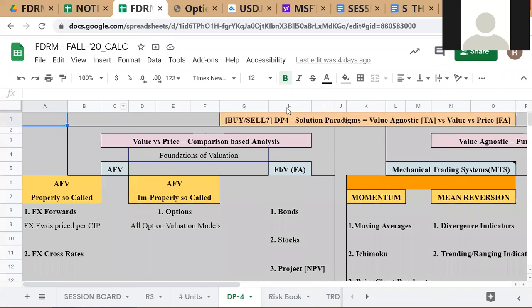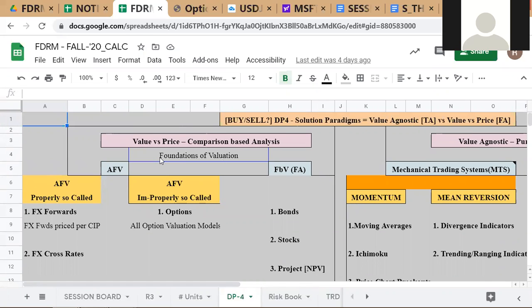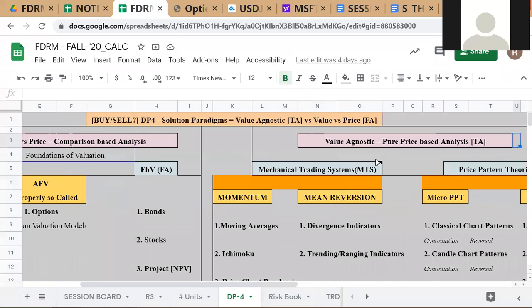So the important thing to understand is two things: one, you have discussions of value. In most of the finance textbooks you will find that a disproportionate amount of time is devoted to this question, and it's really devoted to the fair value models, and all of your fundamental analysis is over here. So there are two important things to understand. One is that it's happening in the context of this buy-sell decision, and the other important thing is that I think we had a brief discussion on this, that there are two broad approaches to this,